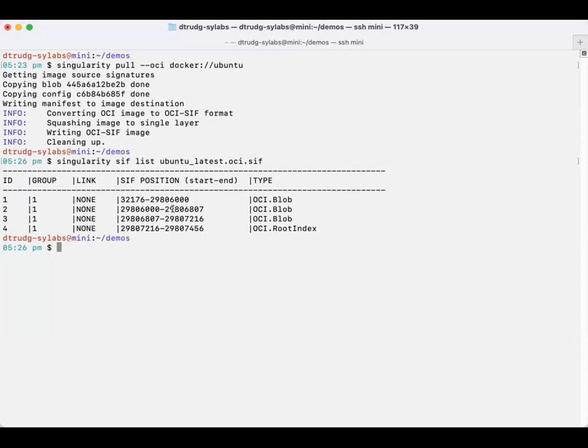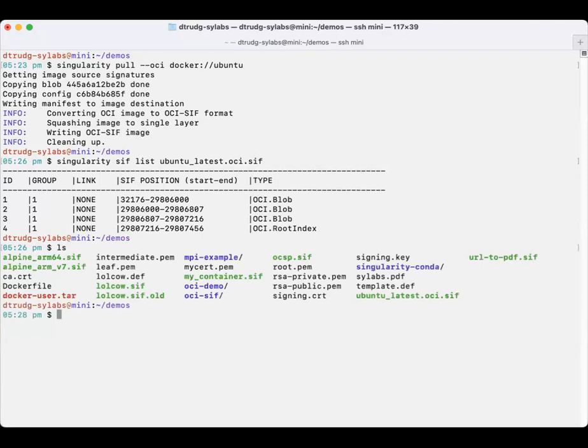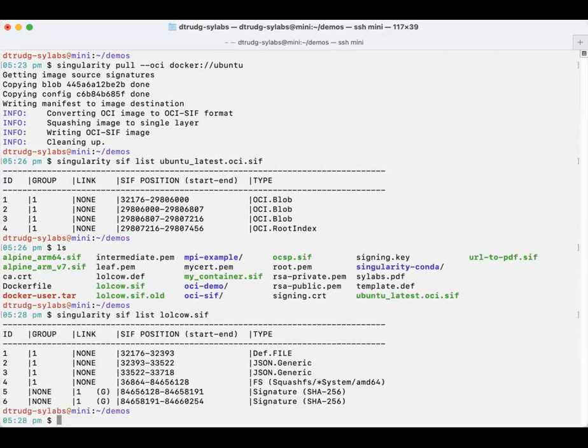So the metadata about the image, the command it's going to run, the environment and so on, that's all in the image as this OCI blob, which is an OCI image config. And the more general description of what makes up the image, the layers and so on, is an OCI image manifest. If I look in my directory here and do a CIF list of something that's a traditional Singularity image,